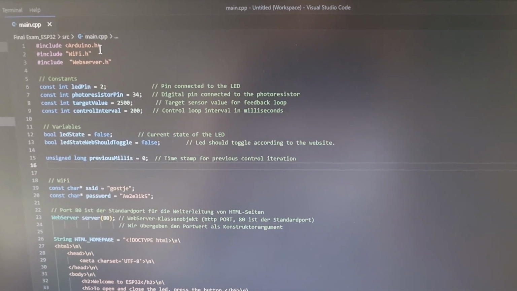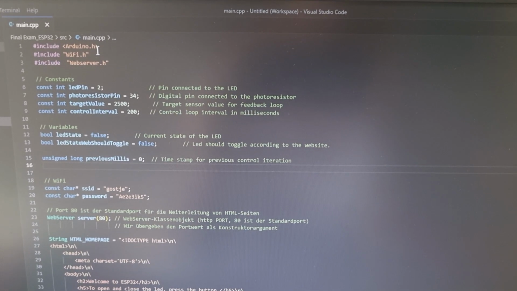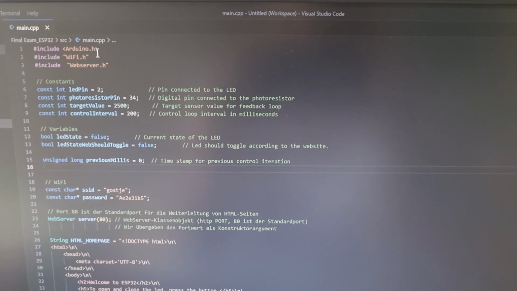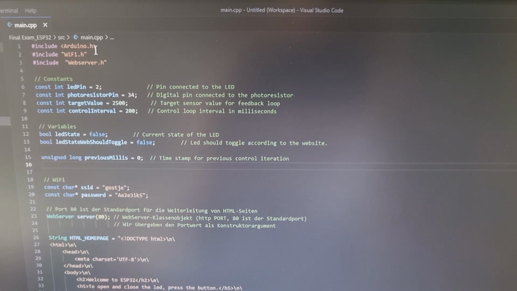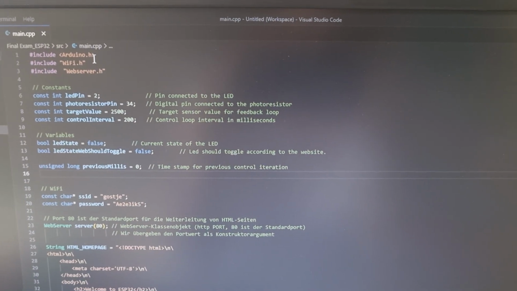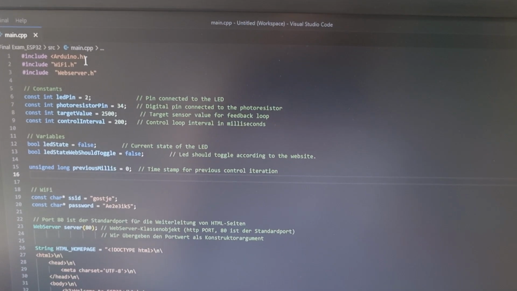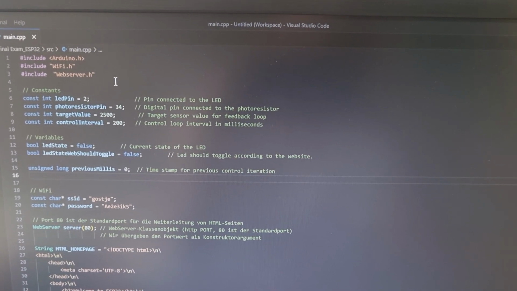Here I show you my project work with the ESP32 model. First I start by showing you the code, and afterwards how the program is working on the model itself. Starting with, we include three libraries: the audio, the Wi-Fi, and web server, to have a stable internet connection to